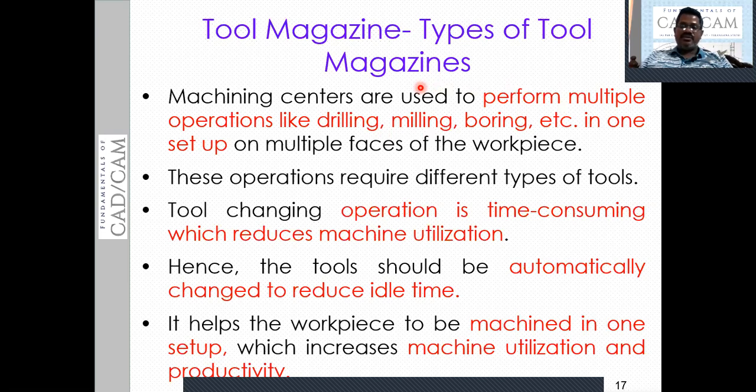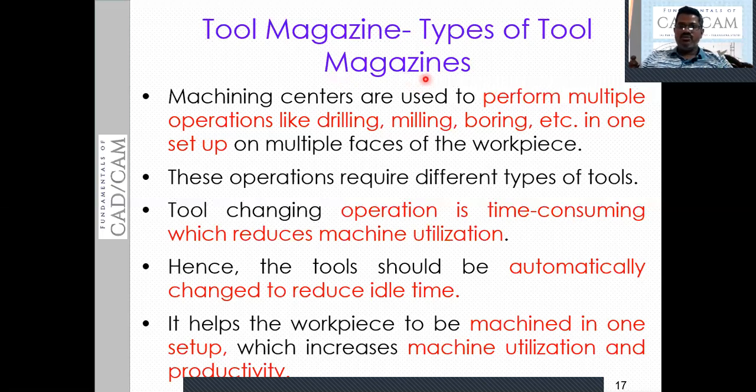To create the address of the tool with respect to the magazine, in the magazine we are going to keep the tools at the specified address. At that address, the ATC is going to move, and from that location, according to the program instructions, the ATC will pick up the tool. Then the tool will be inserted in the tool post or the spindle. Again, the old tool will be placed at its previous address, the same address of the tool. The old tool will be located using the ATC, and the new tool will be picked from the magazine. This is what happens.